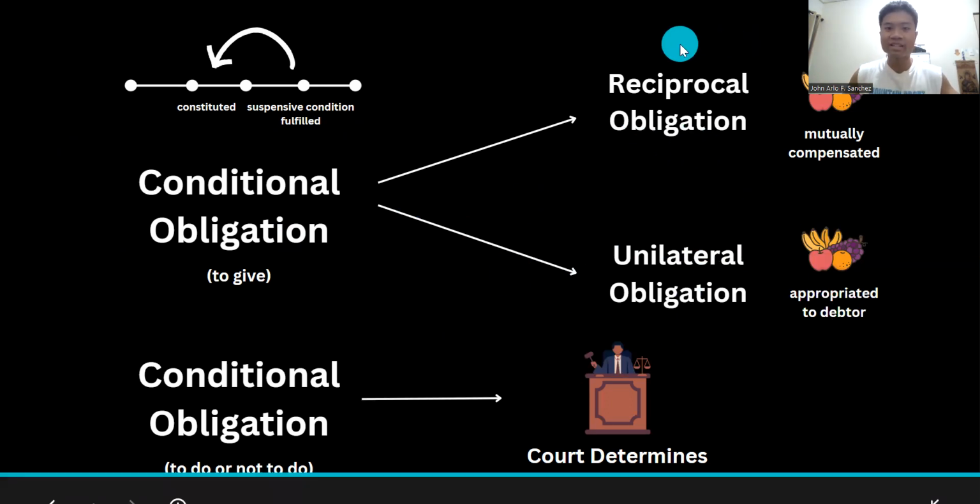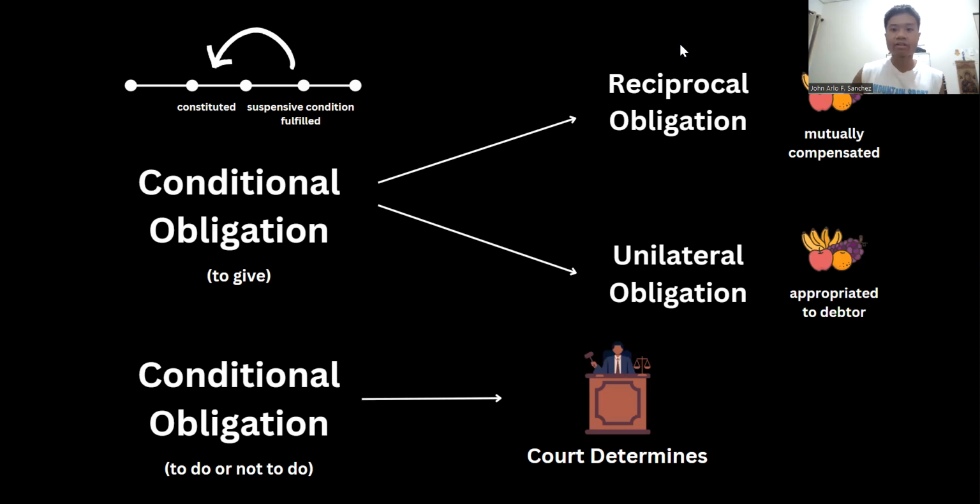Reciprocal obligation is when both parties are debtors and creditors. Unilateral obligation is when there's only one debtor and only one creditor. So let's say there's a reciprocal obligation: you hire a gardener, and the gardener has to do work for you, but you pay the gardener. So you are both partaking in this transaction. Let's say the gardener did an extremely well done job and exceeded expectations. Your expectation was that the garden would be an 8 out of 10, but he made it a 10 out of 10.